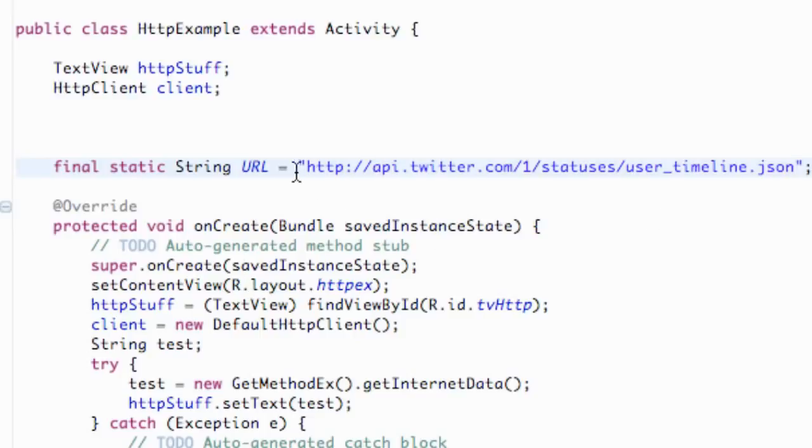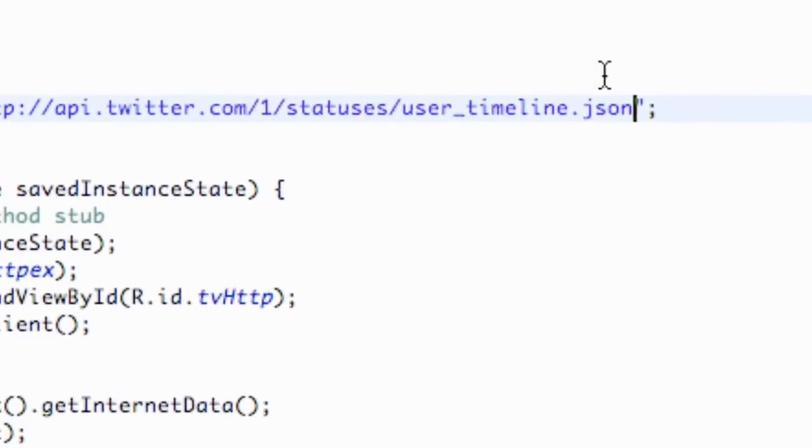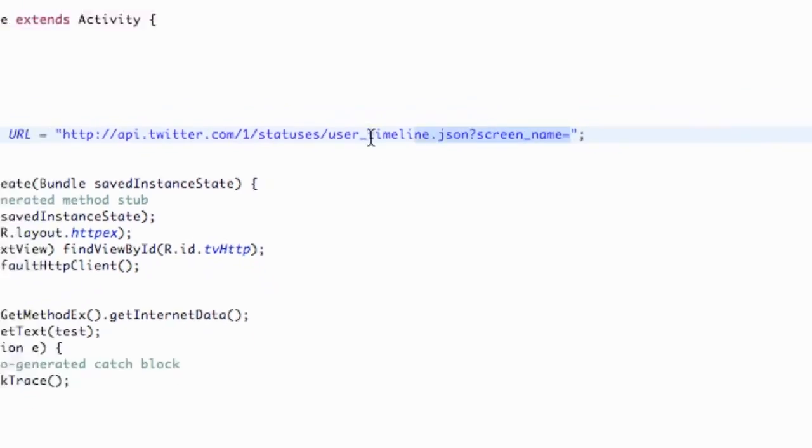The first thing that we're going to do is add to this URL, because before I just wanted to show you guys it was a JSON type URL. What we're going to add to it is a question mark screen_name equals, and for example what we're going to do is just copy this